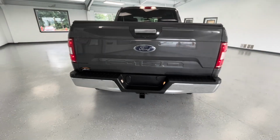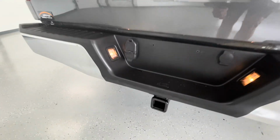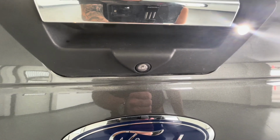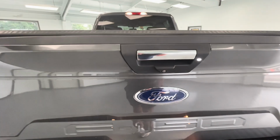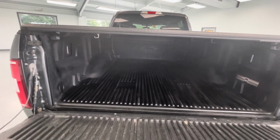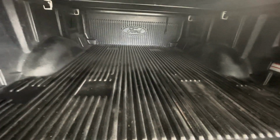Here at the rear now, a couple of things to point out back here as well. You will have a hitch and receiver for all of your towing needs, as well as a backup camera, so you don't ever have to worry about backing up in anything. But while we're back here, let's go ahead and drop this tailgate, showing you guys just how much bed space there actually is. As you can see, there is a beautiful drop-in hard plastic bed liner,